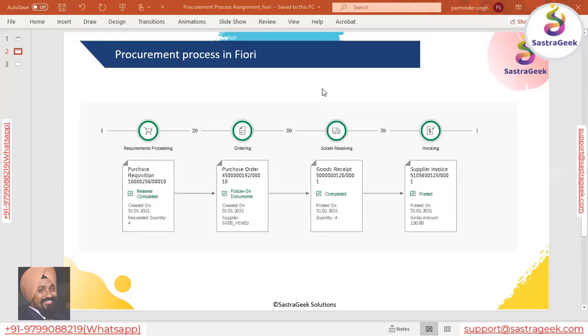So for the people who have not gone through it, it would be kind of a brush up, which we will be quickly doing. Okay, so I'm straight away jumping into the system and we'll create an enterprise structure. People who have already gone through it, and we have a lot of experienced people here, I would be asking questions related to that assignment, the videos which you were given yesterday for the enterprise structure.